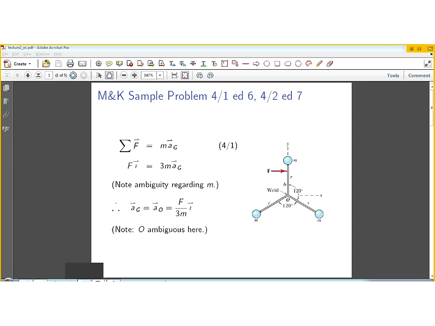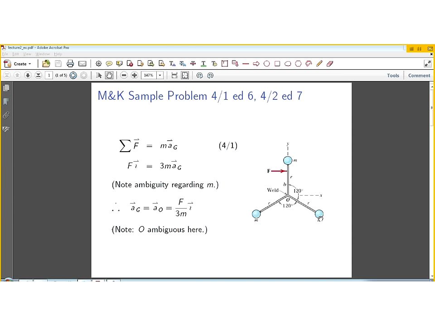I'd like to now discuss sample problem 4.2 in edition 7, which is the same as sample problem 4.1 in edition 6. And what we have here is a system consisting of 3 particles. Each of them has a mass of m. The masses of the 3 particles are the same, and they are fixed to rigid bars